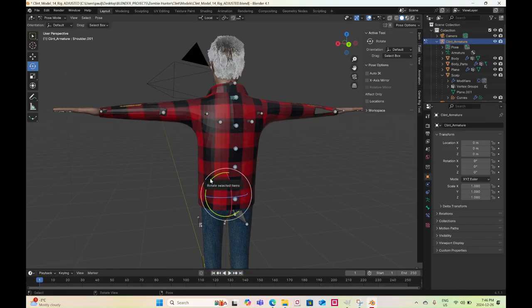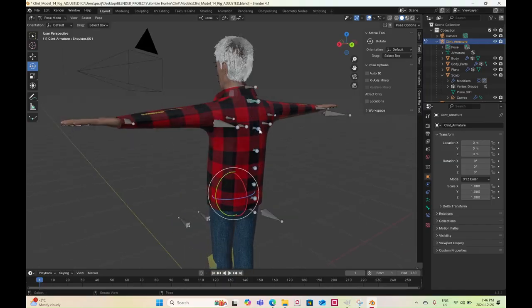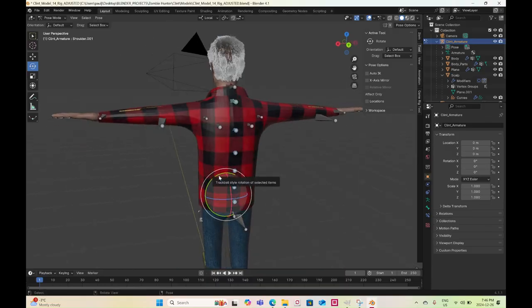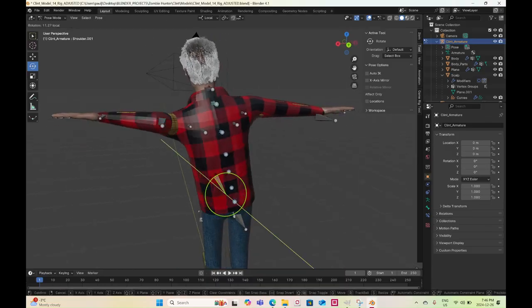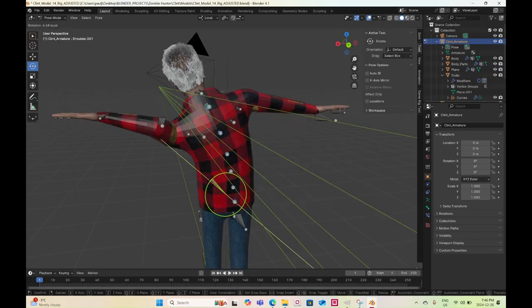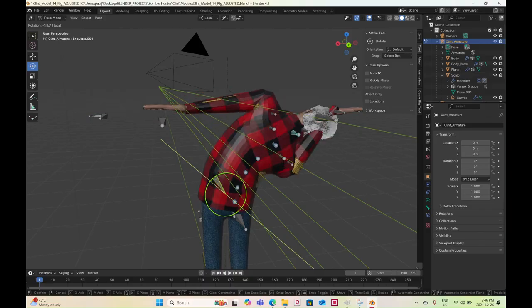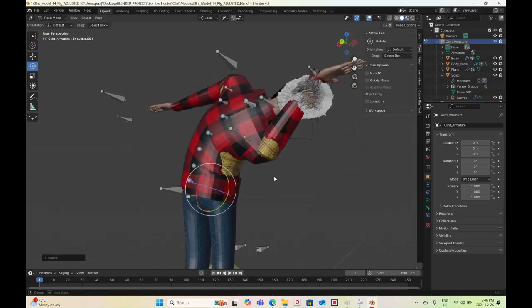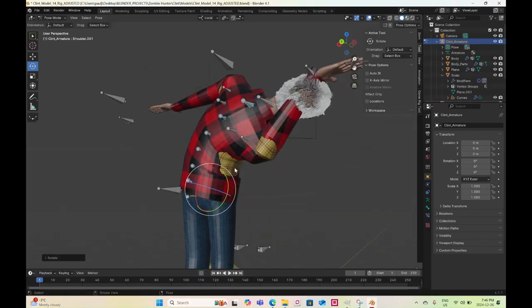The one thing I have to remember when you're rotating bones, especially if you have a whole bunch selected, is that right now it's under median point, so it only rotates from one point. What you want is all the bones selected to rotate. So you press period and make sure you select individual origins. That way everything rotates. So I get a bit here. If I go to extreme,